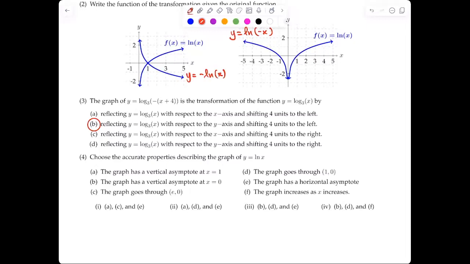The graph has a horizontal asymptote. So we learned that for a logarithmic function, there's no horizontal asymptote whatsoever. So 3 is not going to be the choice. So 4 should be the